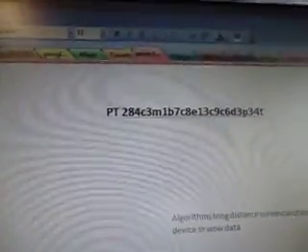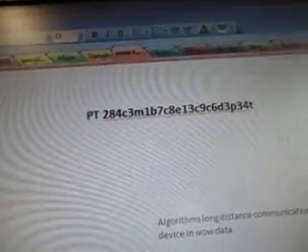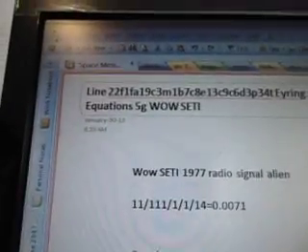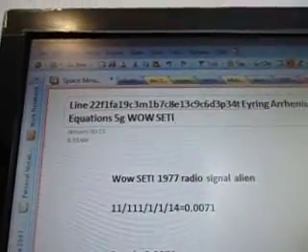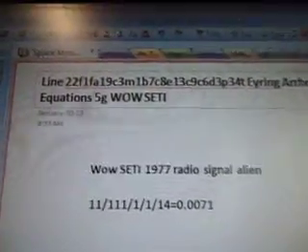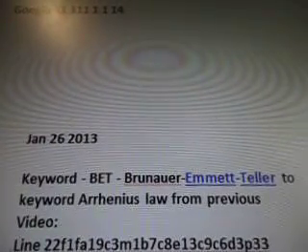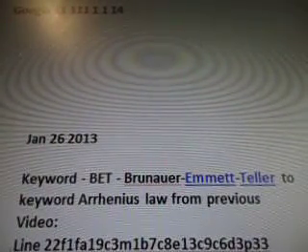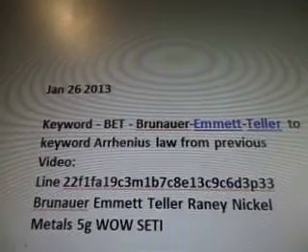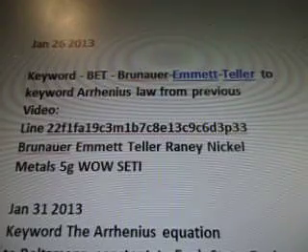Okay, so we've got part 284C3M1B7C8E13C9C6D3P34T, line 22f1fa19C3M1B7C8E13C9C6D3P34T, Arrhenius Equations 5G Wow Seti. There's an alien radio signal, and the algorithm's long-distance communication device in the WOW data. So January 26, 2013, Brunauer-Emmett-Teller to keyword Arrhenius law from previous video, line 22,